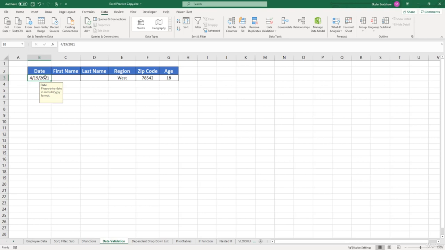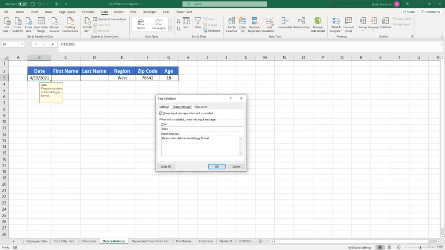So this input message tells us what format to put the date in. But if we still put in a date that's not within our range, we will still get that same error message. But we can change that error message to be more descriptive. So let's come back up to the data validation button, select the Error Alert tab, and then from here, we can put an error message. So for the title, I'm just going to put date again. And for the error message, we can say, please enter a date between